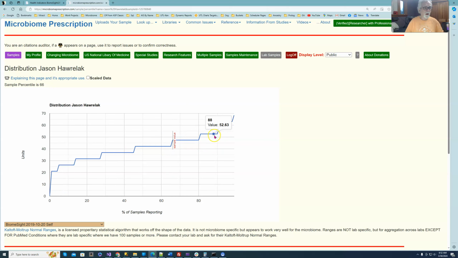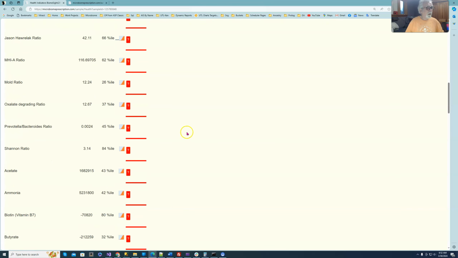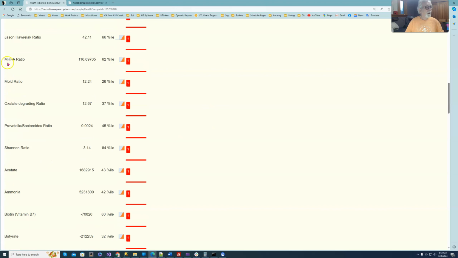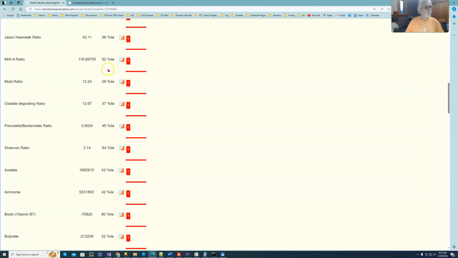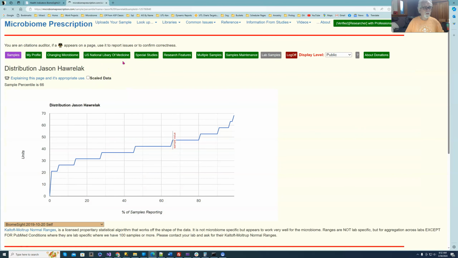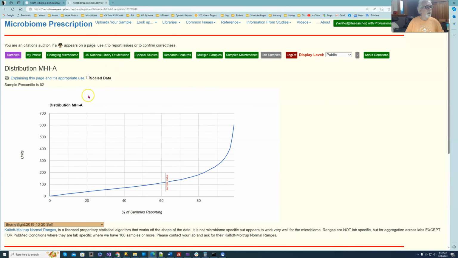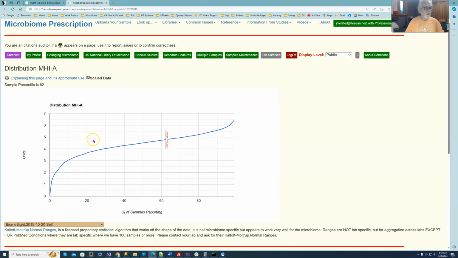There's a very small number which are high, but in general, I'm in the top half of the population. Again, there's just the MIHA ratio. If you ever want to know what something is, just click the thing, and it gives a description, and in some cases, links to the study. So basically, it is a post-antibiotic ratio, and the higher the ratio, usually the better somebody is. And as you can see, I'm basically nowhere near. I'm in the middle flat part where things seem to just have natural variation,